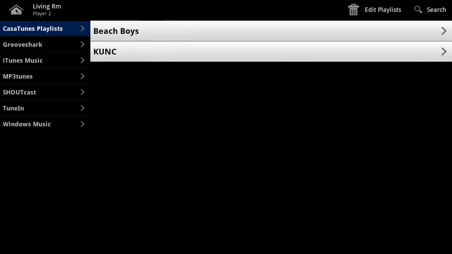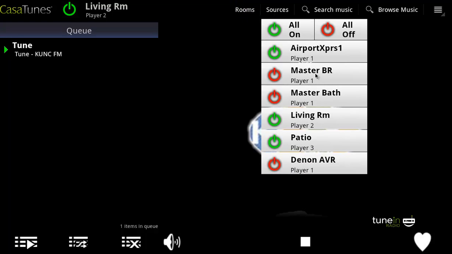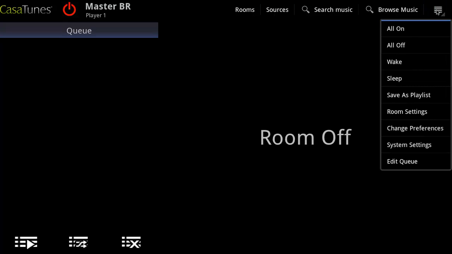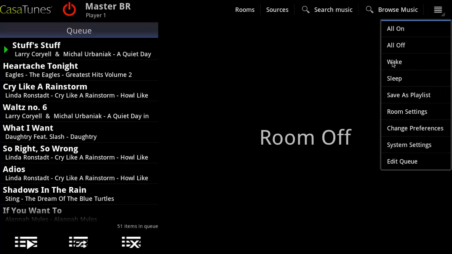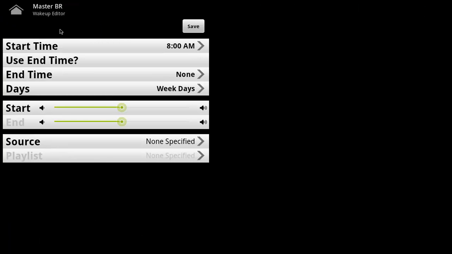In addition to the powerful searching and browsing, you can change various CasaTunes settings. To set up wake-up times to wake you in the morning in the master bedroom, for example, select the master bedroom, click on the menu button, and click on Wake. This brings you to the powerful wake-up scheduling screens. Click on Add New Schedule Item, select your wake-up time,